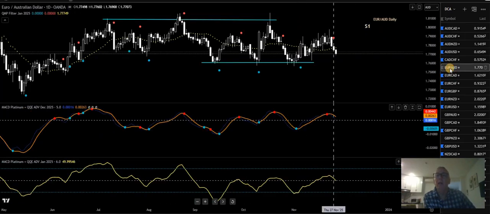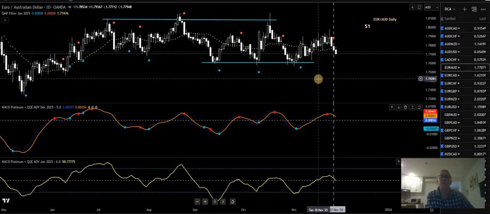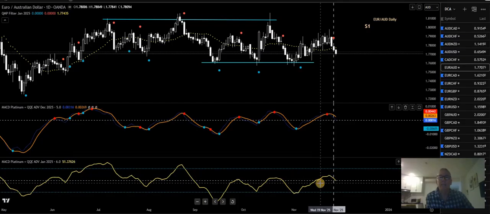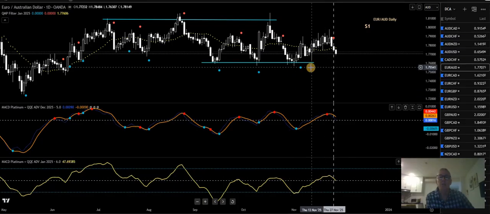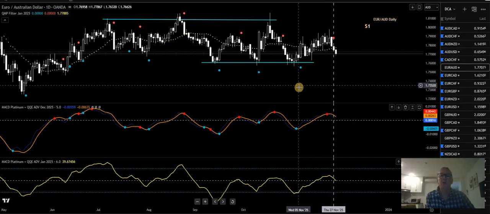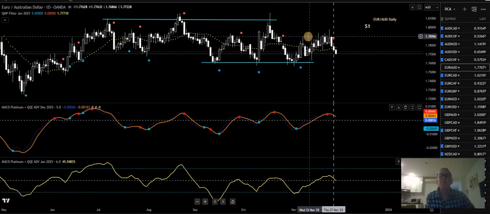Euro Aussie. Now, because there was a sell here, I didn't take it because it doesn't fit my rules on this watch list. It's a valid high probability setup, but I don't take it because my main priority is the QQE trades on this watch list. And the only time I take a high probability setup or a trade based on the MACD Platinum is if there is divergence, which there isn't in this case, close but there's not,